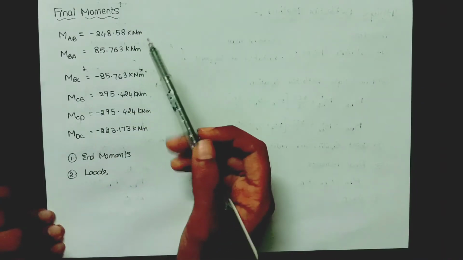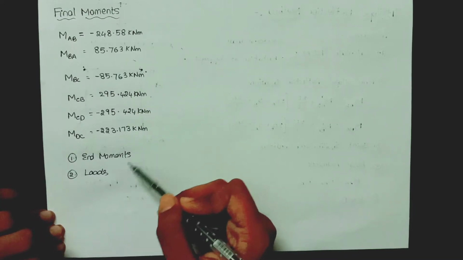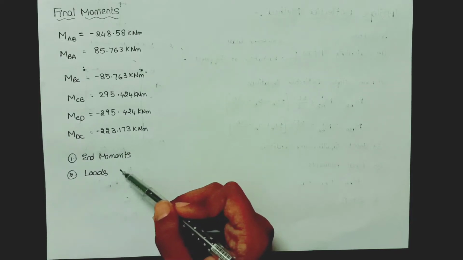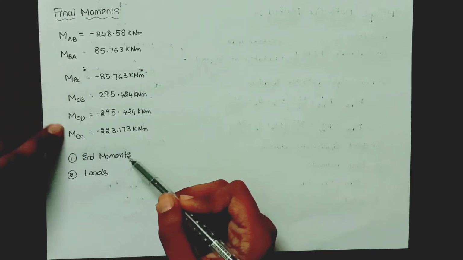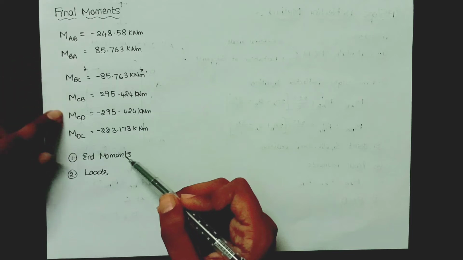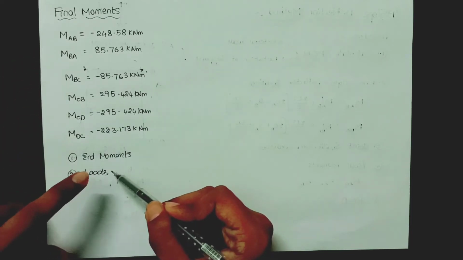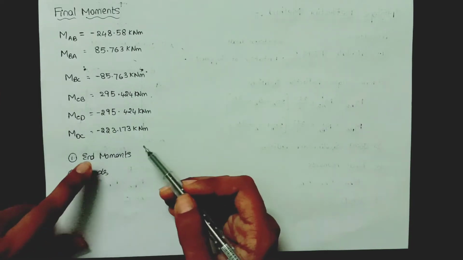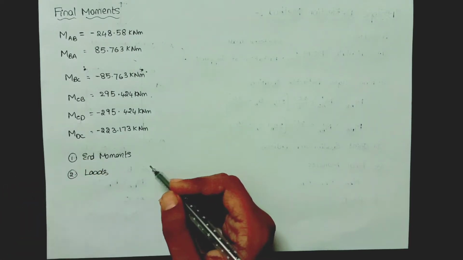While drawing the bending moment diagram for frames, we have to take care of mainly two things. The first one is the end moments, and the second one is due to the loads. These are known as end moments. First we should draw the bending moment diagram indicating all the end moments, and the next step is to calculate the moments due to the loads and indicate the same in the same bending moment diagram. So first I will explain the end moments. These both are represented in a single diagram.